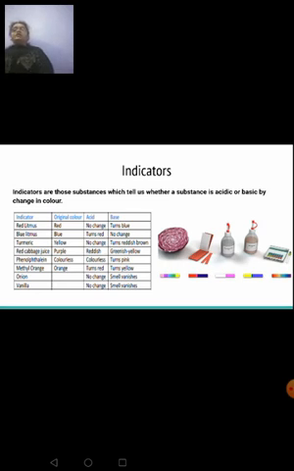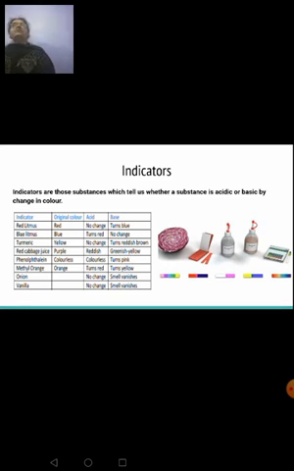Now let's talk about their original color and what color change is observed when it is used to test the nature of a substance, whether it is acidic or basic. If the substance is acidic by nature, your red litmus paper will remain red, whereas if it is a base, your red litmus paper is going to turn blue. When you use a blue litmus paper, it is vice versa. If the substance is acidic, the blue litmus paper will turn red. If the substance is a base, the blue litmus paper will not undergo any color change. I want you to learn this table thoroughly.